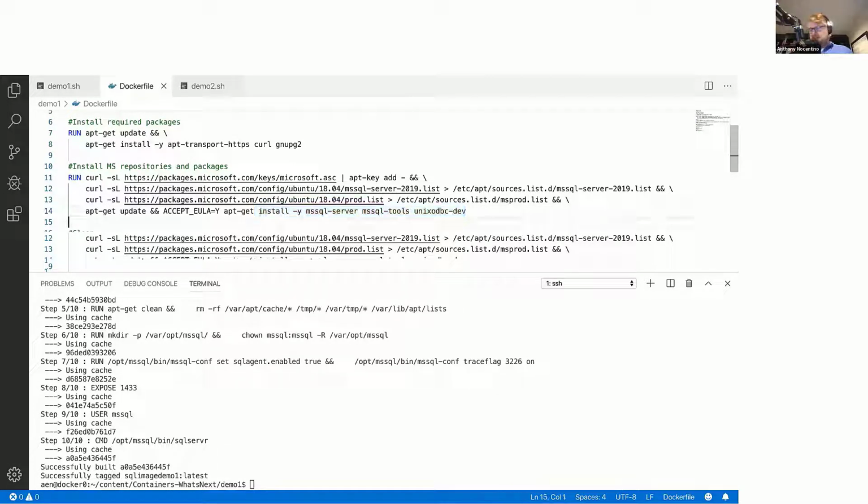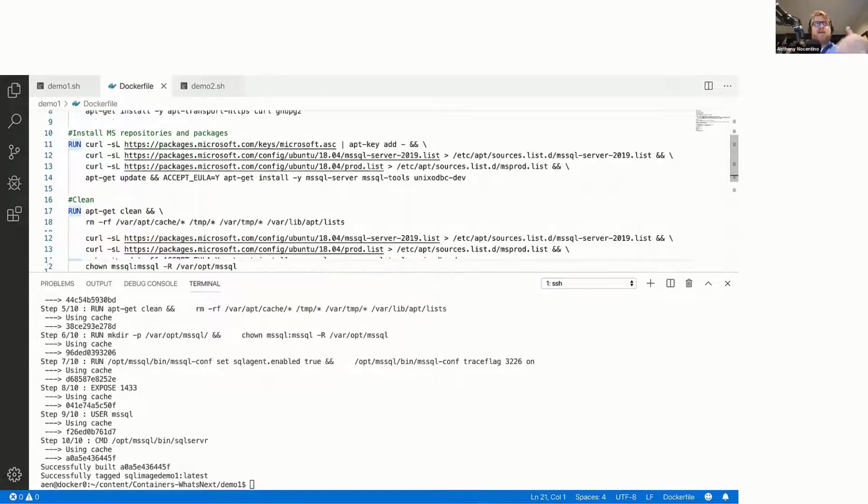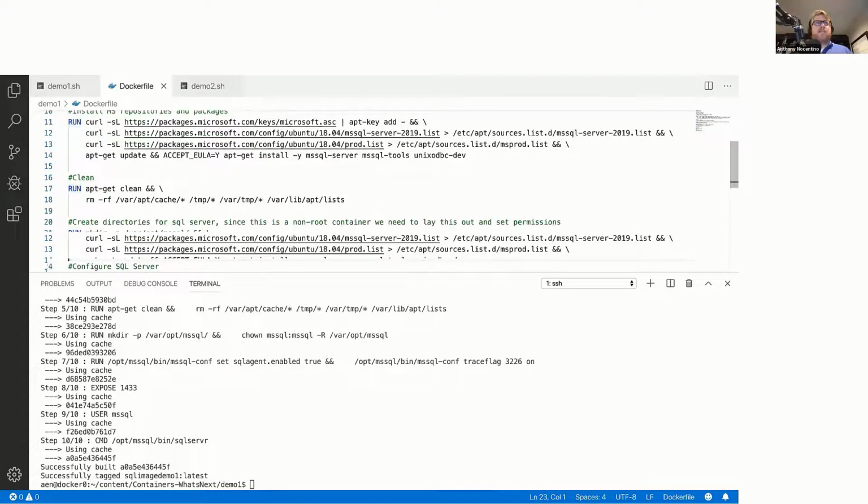Now you see this kind of crazy syntax here where I'm combining several commands into one instruction. So this is a RUN instruction, so it executes a command on the container image. I combine these together to reduce the number of steps in my container image build, which is effectively an optimization. And so we'll group together like commands. Here I'm grouping all of these installation commands into one step. Once that's done, I'm going to clean up some package metadata, which will help me reduce the size of the container image because it's getting rid of the things that it doesn't need.